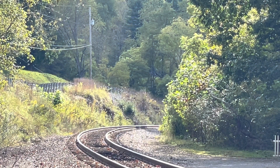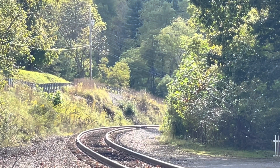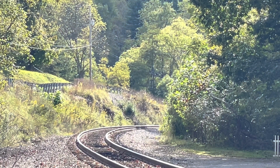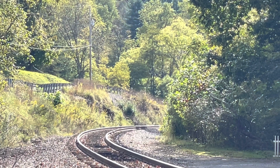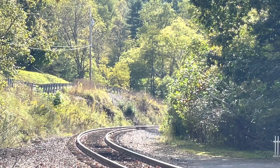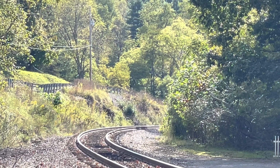As for the shot selection here, I started thinking, you know, I get out here and I pick the angle that I want for these shots. And generally I like shots that give me more train, but I also like putting the train in its surroundings. And you'll see what I mean later in this video. There's a good example of it. But